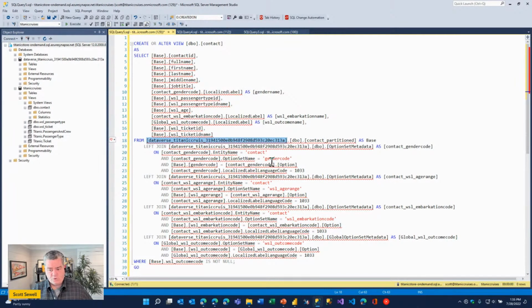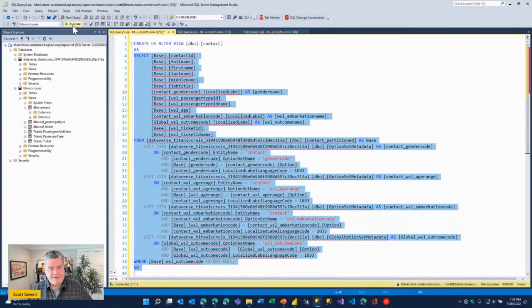That's my source, and I'm joining in to go get the option set values against all these sets. Option set metadata, global option set, joining it and pulling it together so that I have a friendlier view of this data. So if I just run that,